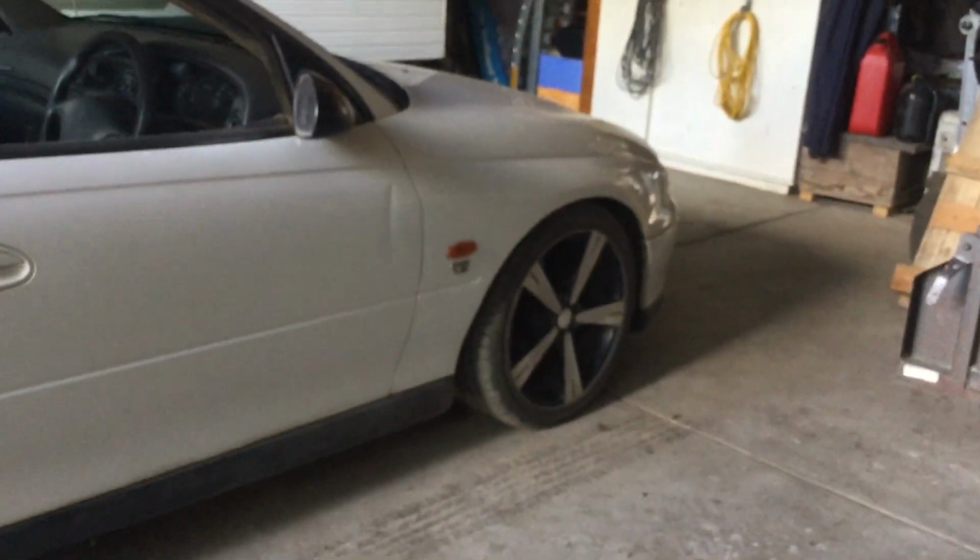Also, I got a new compressor. I've been wanting to get a compressor for a while. I found this one on Facebook. I went and bought hoses and stuff for it. It actually runs really good. I've used it a fair few times. I've had it for 2 days. And yeah,